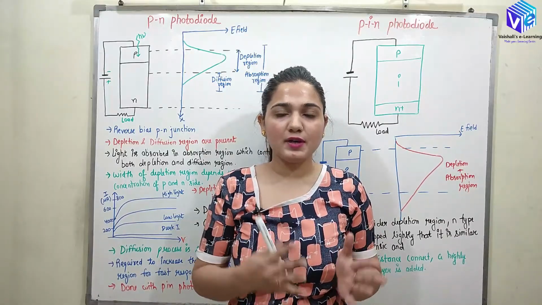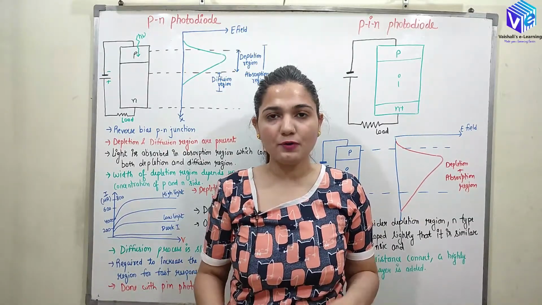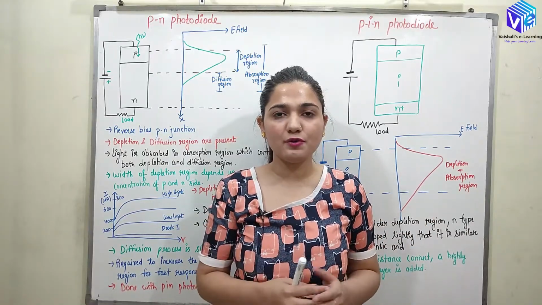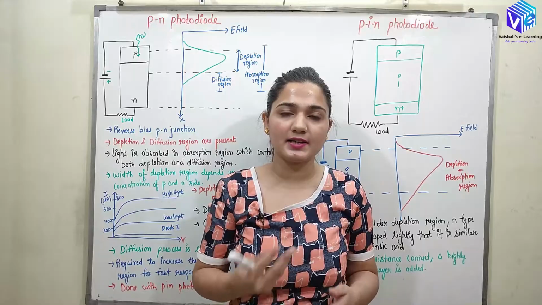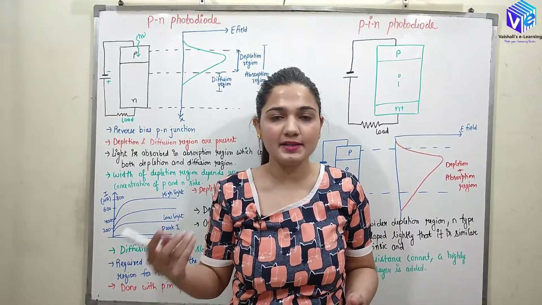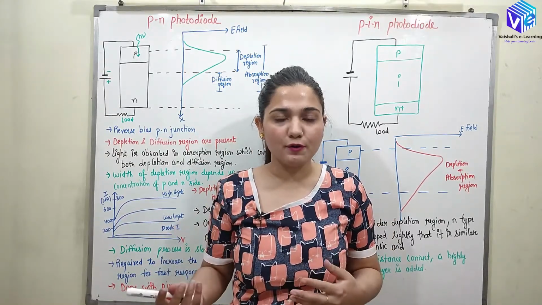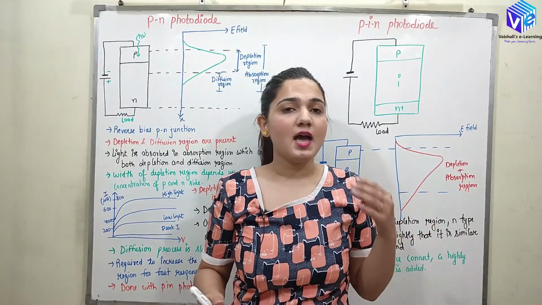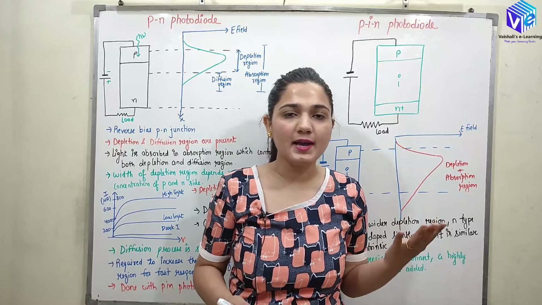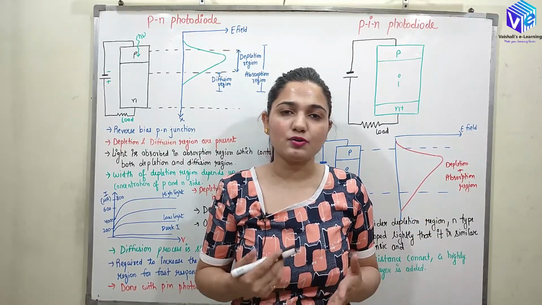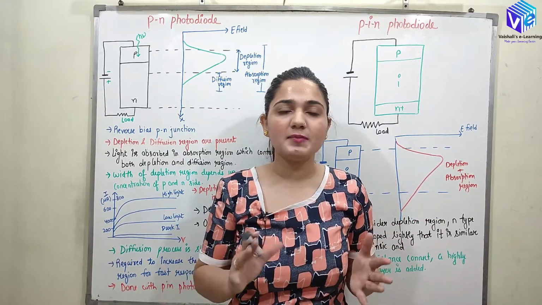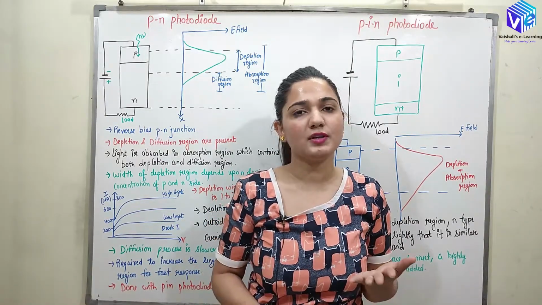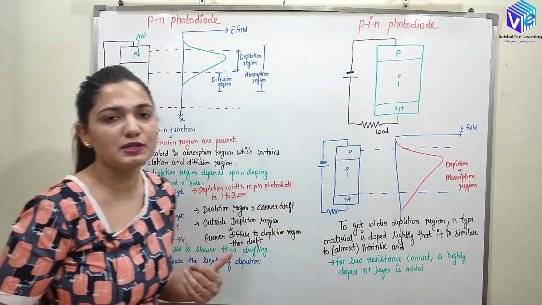Today in this video, we are going to talk about the PN photodiode and the PIN photodiode. How with the help of the PN photodiode, we are going to generate the electric current from the optical light energy, or from the photons, we are going to generate the current, which is the displacement current. And how with the help of the PIN photodiode, we are going to generate the current. Which one of them is better and why we have the PIN diode when we have already talked about the reverse biased PN diode in the previous video itself.